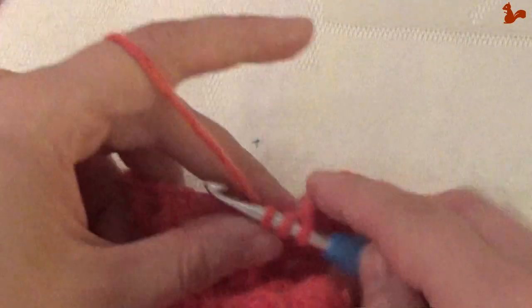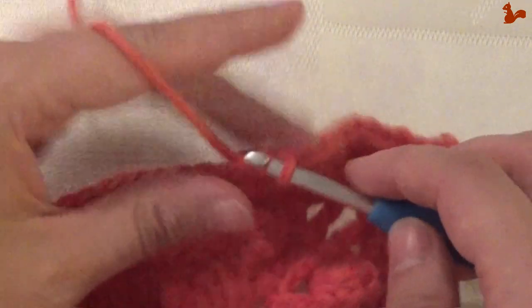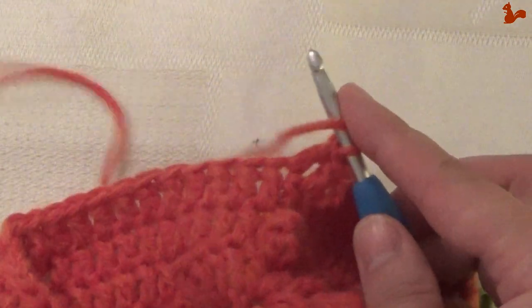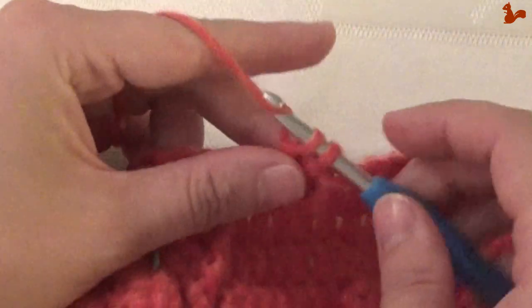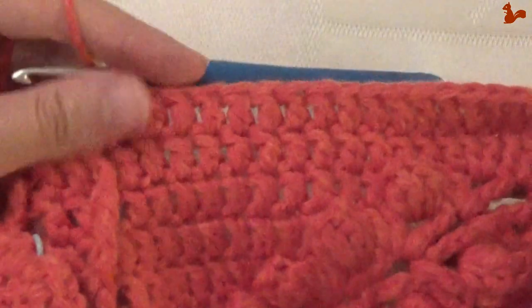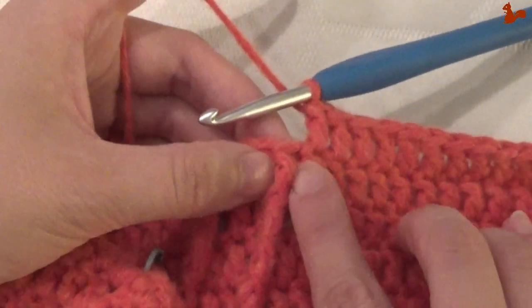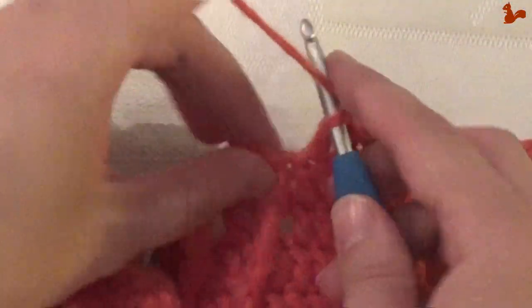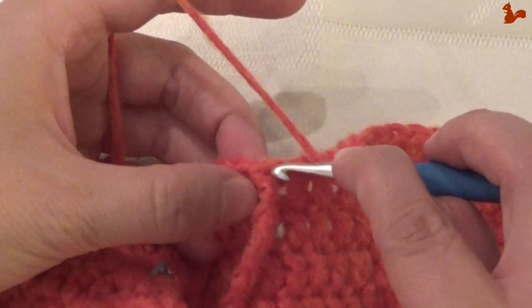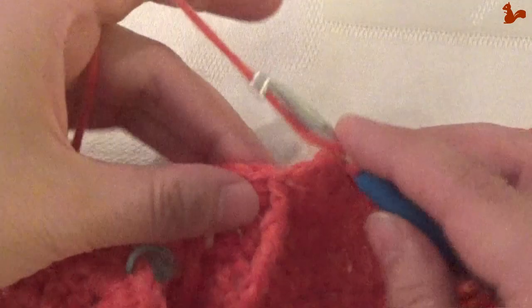I'm going to work a treble in every stitch until I have 16 trebles. And the last one, this is number 16. So I've got 16 trebles there. Next up here is the front post stitch. In there we're going to work a popcorn. So in that stitch, from the front treble, work 5 trebles